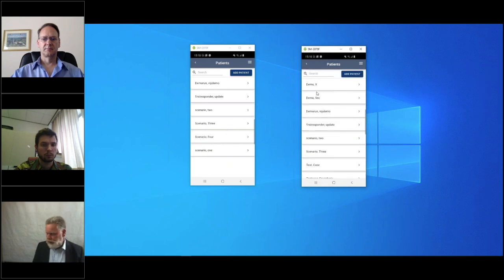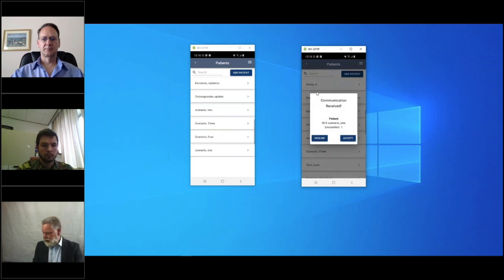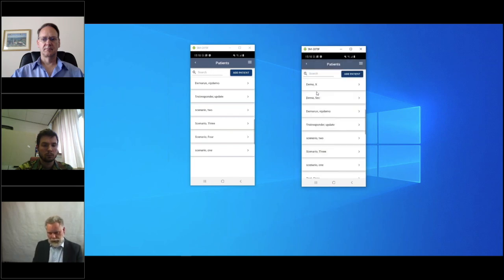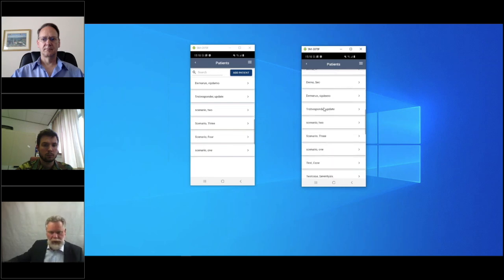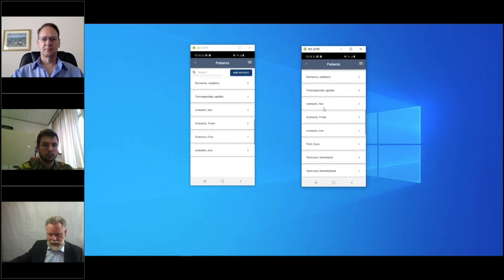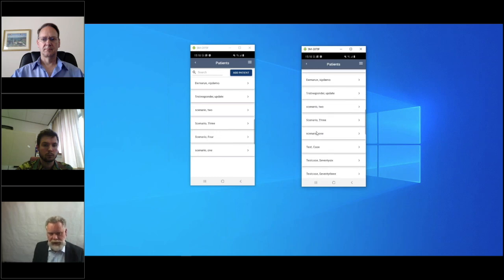So the second phone is also running the First Responder app. I'm going to use it together with the NFC tag to import the patient encounter. I'm going to accept. As you can see, this phone now has a Scenario 1 patient.